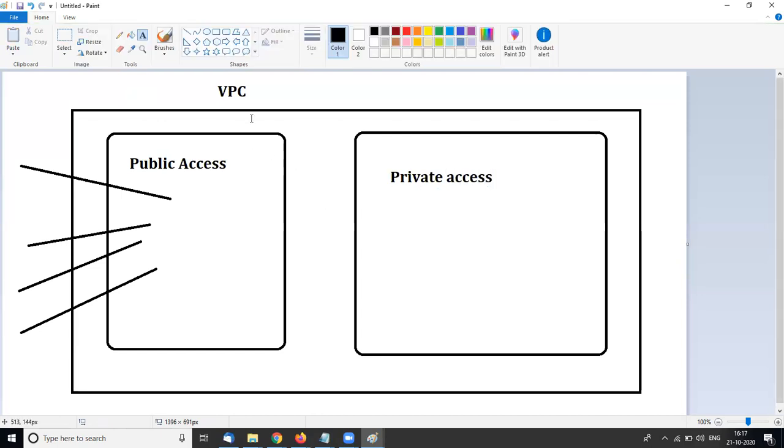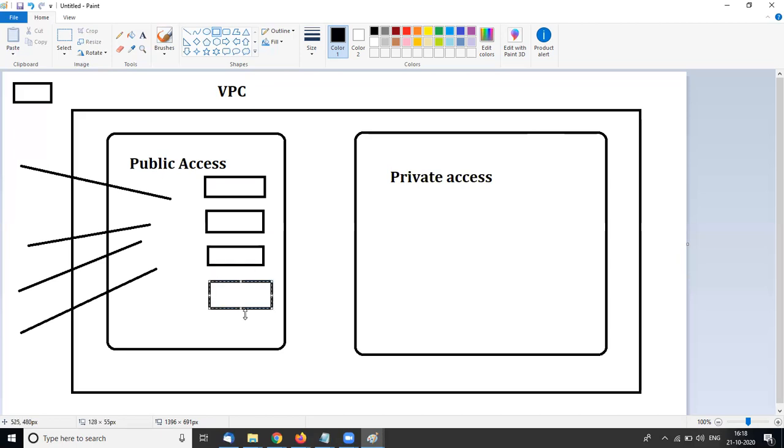So you are in a company right now. You create a VPC, and in the public subnet you create two, three, or four web servers for public access, so everyone can access these servers.